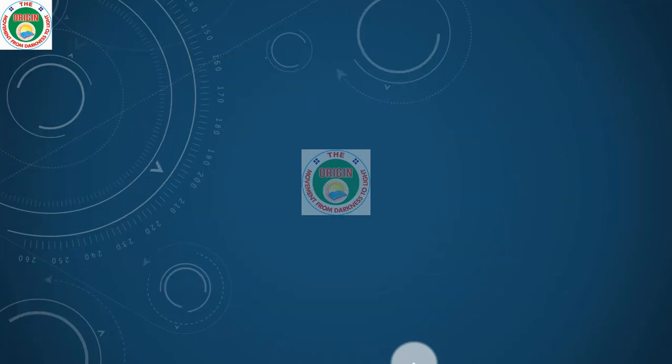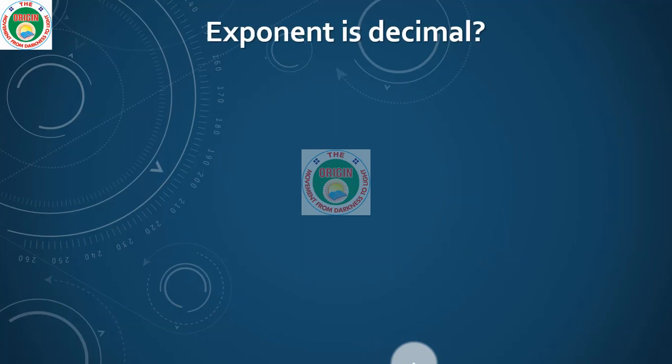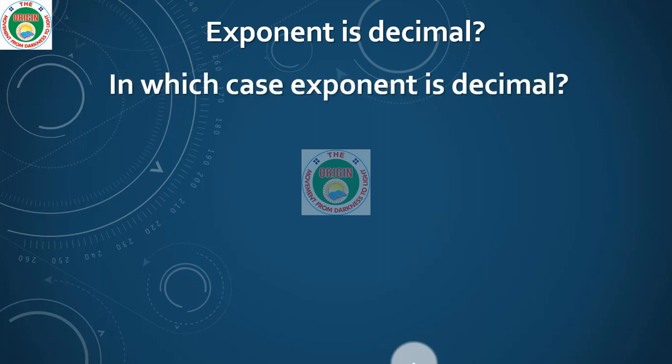Now, when the exponent is a decimal, in the first case 10 power 4 is there, in the second case 10 power minus 5 is there. That is, the first case is positive and the second case is negative. I explained that recently. And what is the decimal exponent? A decimal exponent is nothing but 10 power 0.2, 10 power 0.3, 10 power 0.5. In which cases is it going to happen? Now, in which case is the exponent a decimal? This is the question you should keep in your mind.